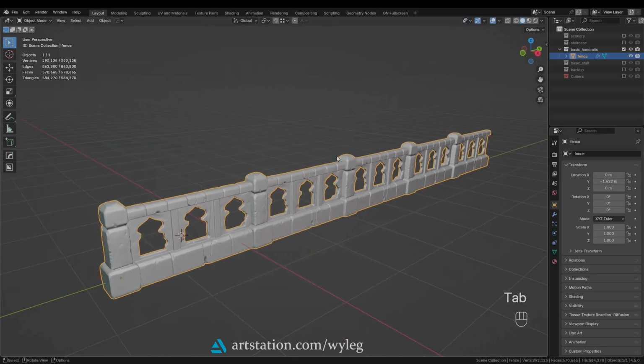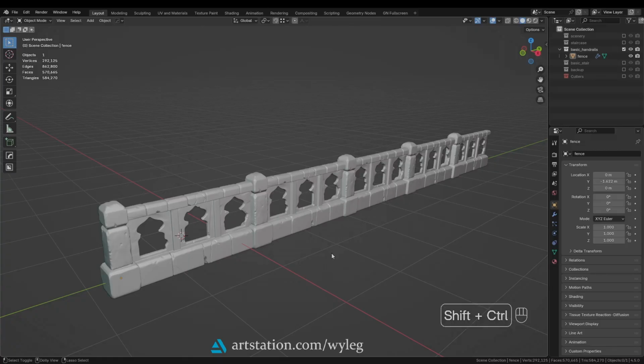Instead, we will make a modifier that will give us the desired results with the power of geometry nodes. Now, before y'all get frightened and close the video, if you don't want to deal with any of that, nodes and math, don't worry, I got you. I will provide the file of this project. You can just download it, get the node tree from it and just use it. You may also want to skip a couple of minutes ahead.